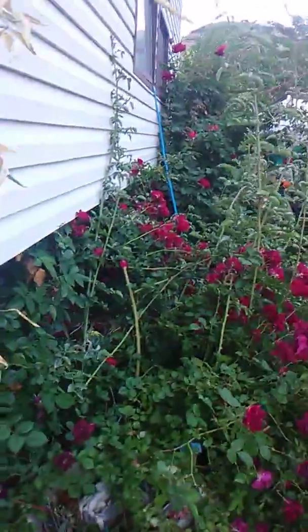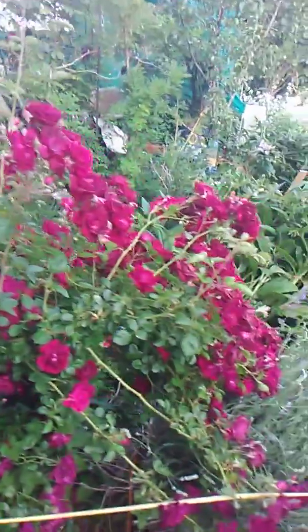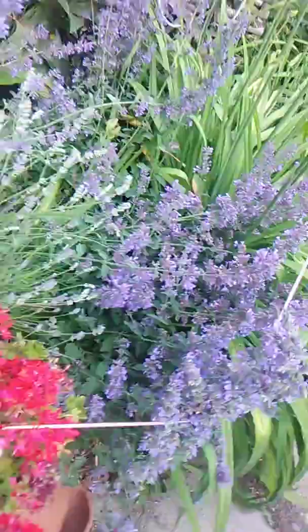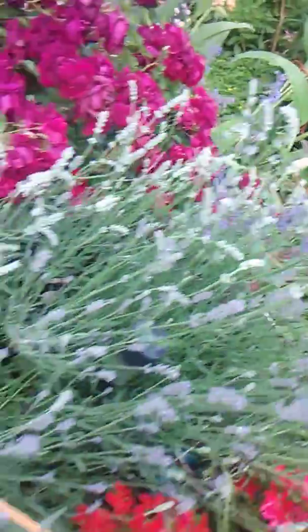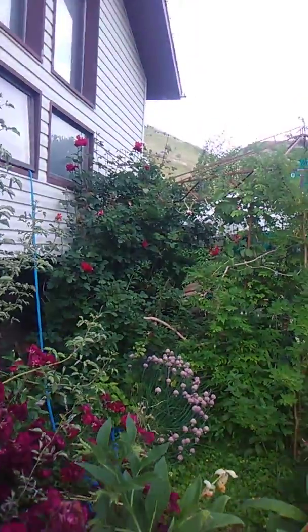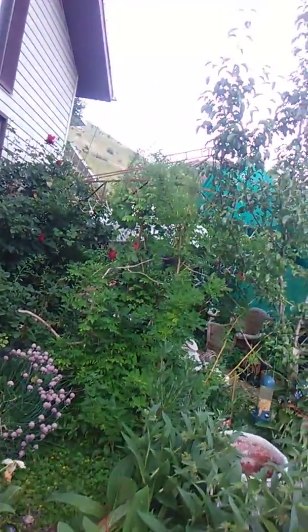So here we are. We've got our bamboo coming back. And we've got this beautiful rose bush that we're just letting grow. And we've got citronella growing there, along with the anise hyssop and the lavender. It's looking so beautiful. And the other large rose bush there as the